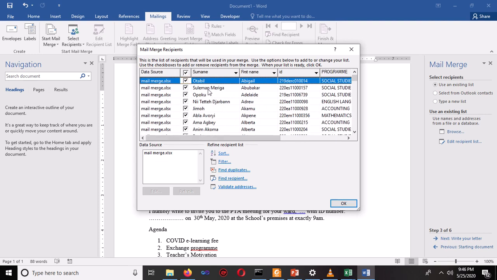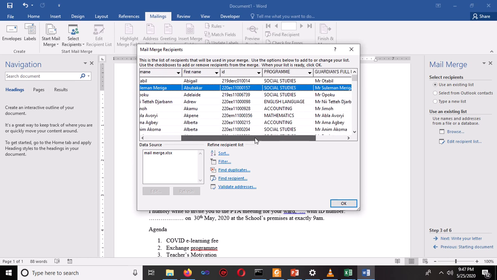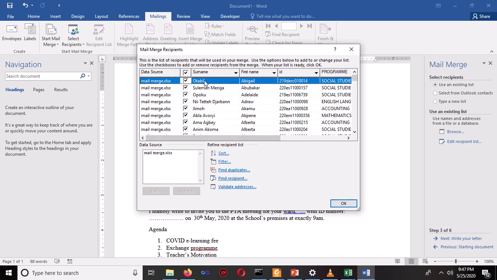Okay, so you must always check here to see if everything is in order. If you find out that a name, let's say Abigail Otabel, has another name, let's say Otabel Mensah Abigail, so there has been an omission of the Mensah. Then